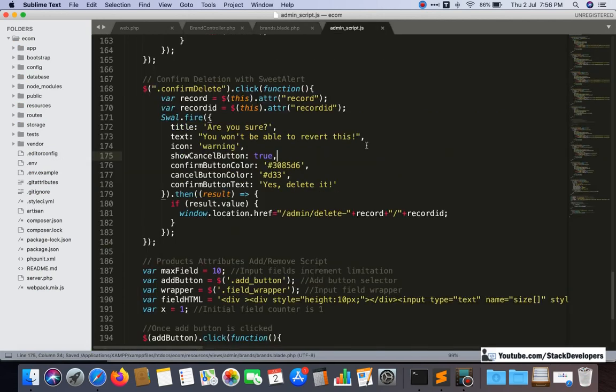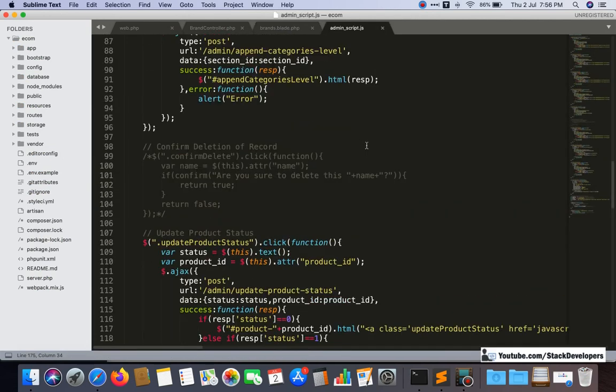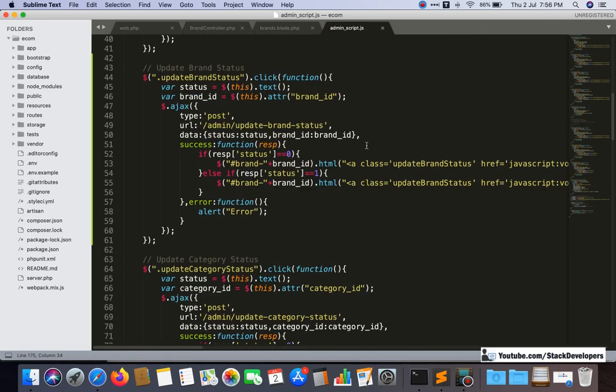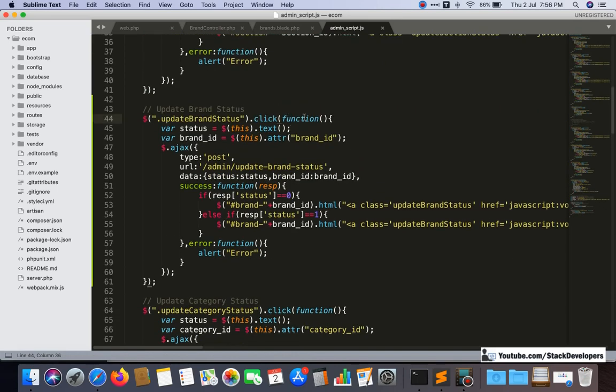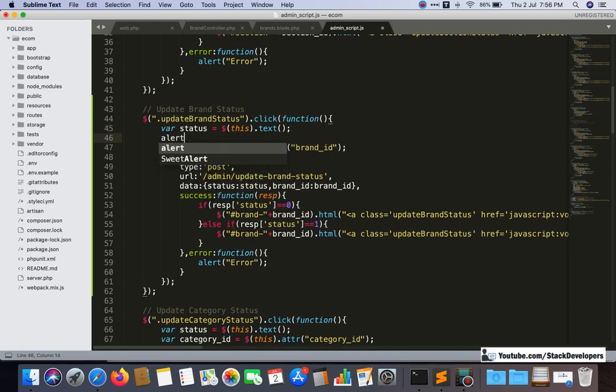So open this one, and open update brand status, this one here. Now the status we need to get from inside that I attribute. So for getting the status from the I attribute, this status will not work. If you make it alert status, then it will not alert this status.